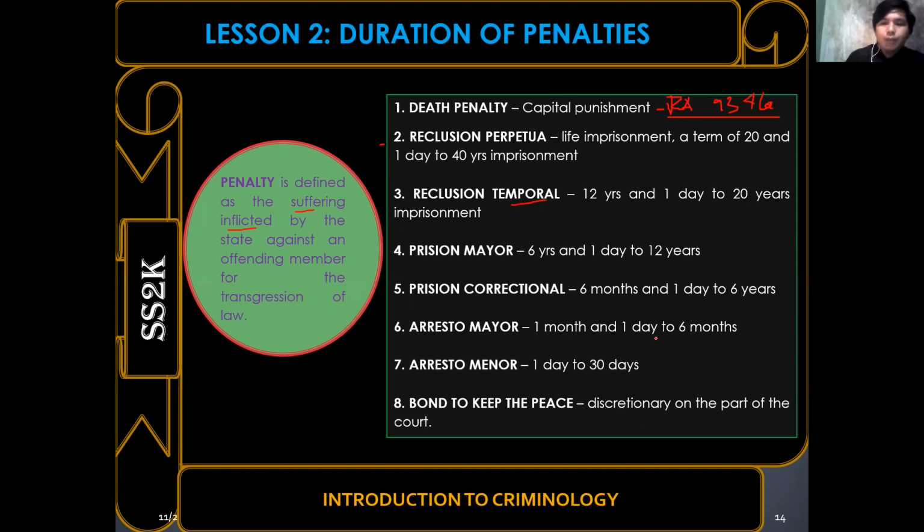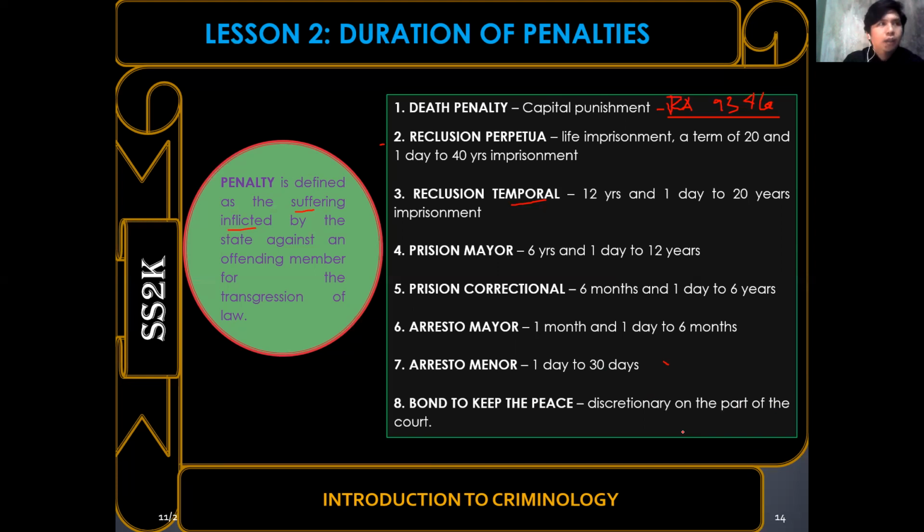No? For example, physical injuries, slight physical injuries. Yan, nasuntok mo yung isang tao, nabukulan, is arresto menor po yun, no? Yan. So, 1 day to 30 days na kulong. Ayan, no? Then we have bando to keep the peace. It is discretionary on the part of the court. Okay? So, yun po yung ilan sa mga duration of penalties, ladies and gentlemen, as provided under the Revised Penal